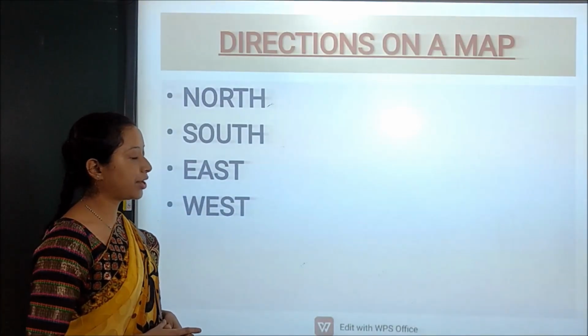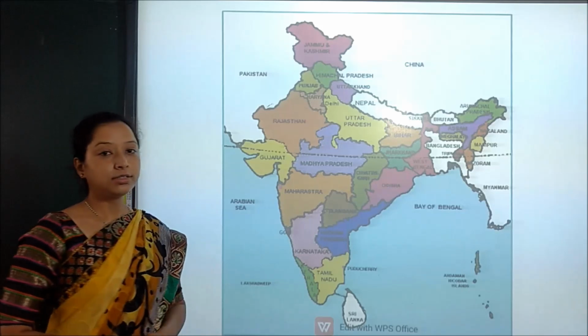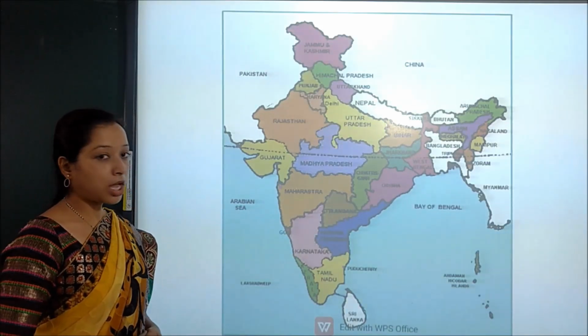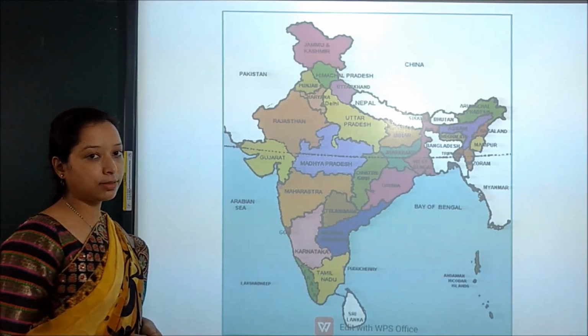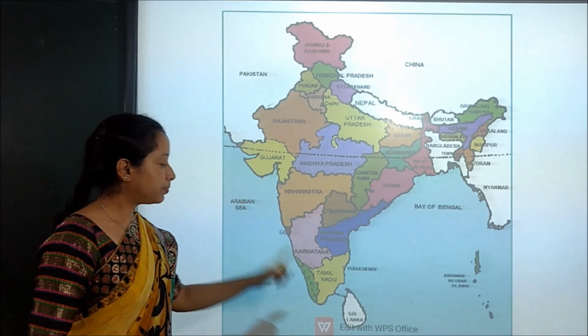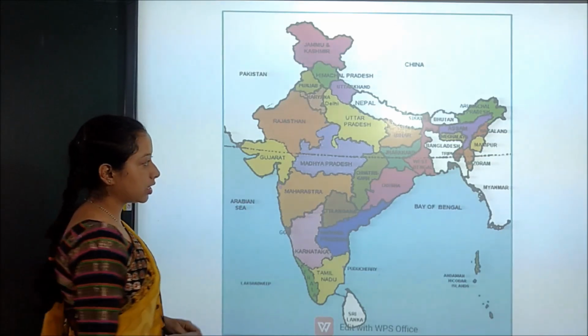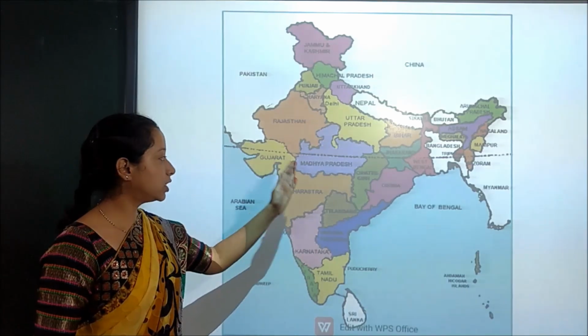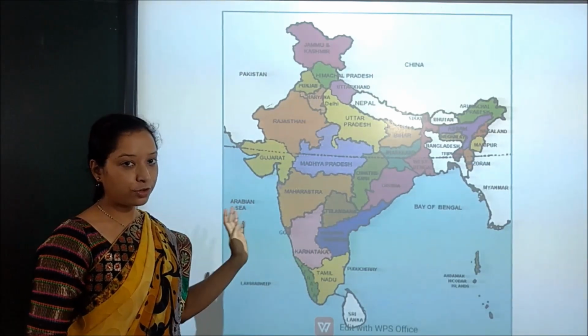Now we'll see these directions on a map. Here you can see the map of a country. If we face towards the map, the top of the map is north, the bottom is south, towards our right is east, and towards our left is west.